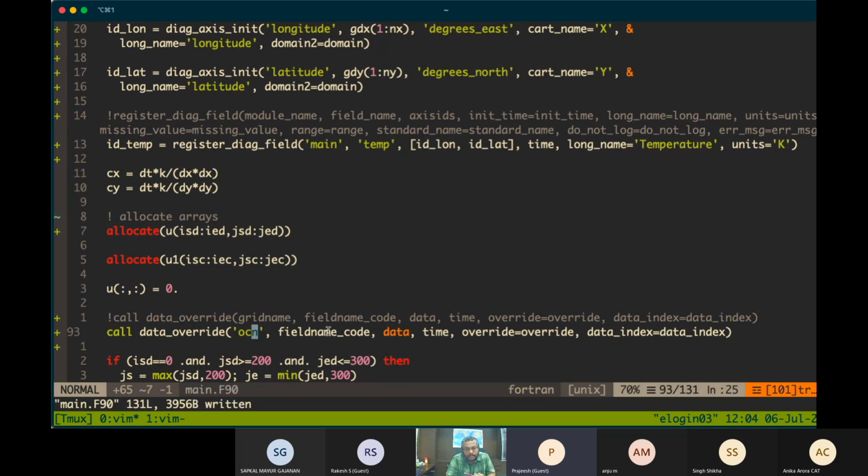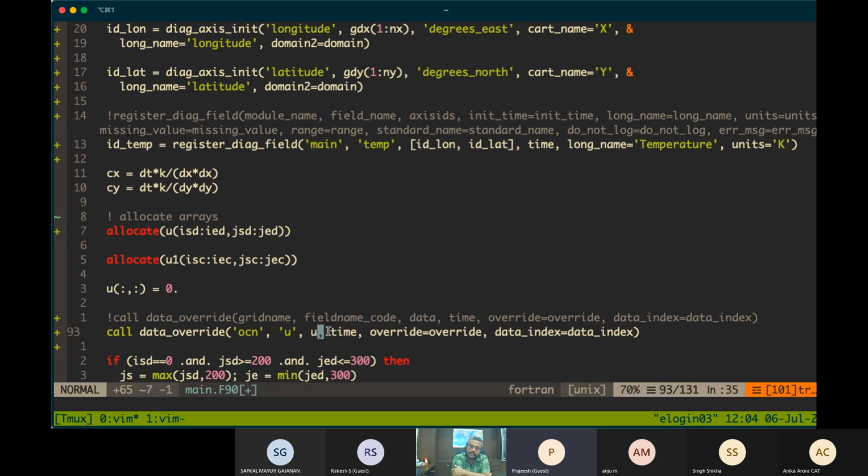I'm giving it as OCN here, and a name for the field name code, which let's say I'm giving as U here, and the data, which data you want to overwrite.